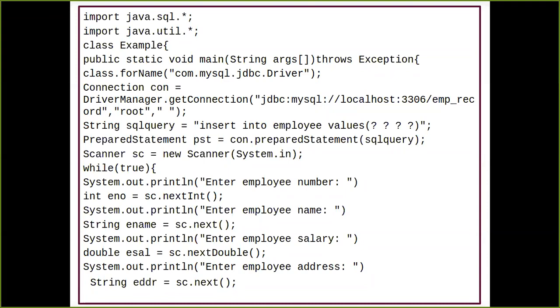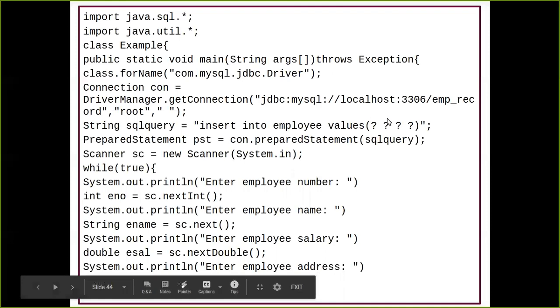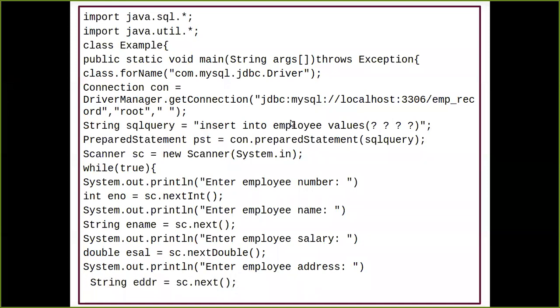In between, the servlet program is going to come into the picture, where I am going to write the dynamic insert statement like the one I have written over here. Now, why only 4 question marks? Because there are only going to be 4 columns in my table called employee. Currently, assuming I have an employee table with 4 columns, that is employee number, employee name, employee salary and employee address, that's why we mention 4 question marks. If you increase the number of columns, you have to increase that many question marks. So now I have just written a dynamic query.